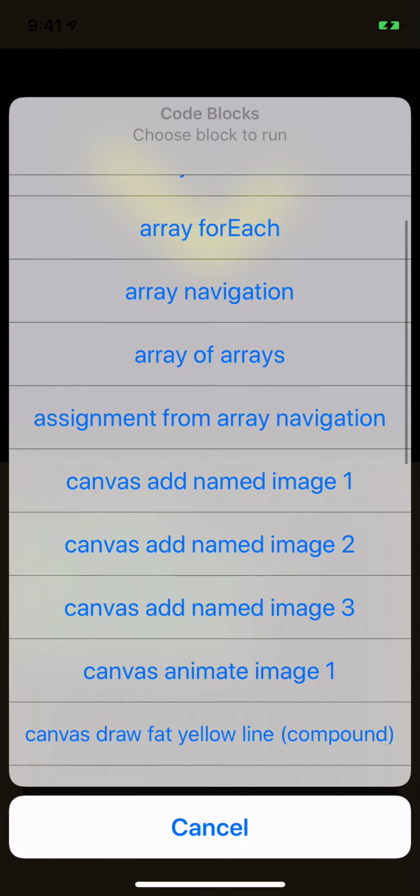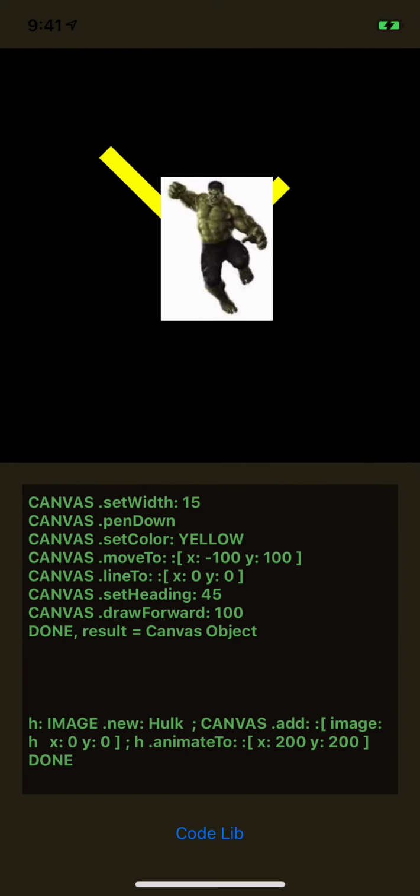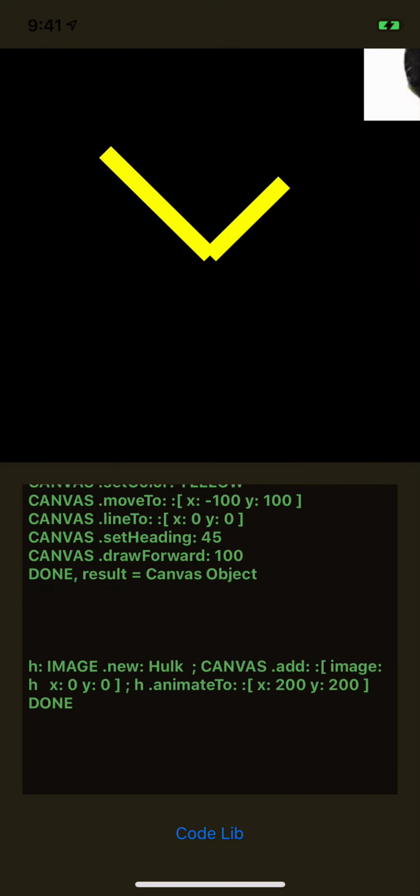We can also do a very simple animation. Here, these are just pre-made code snippets. So I'll choose a simple animation. So we got Hulk. You'll notice we created the image, right? We added the image to the canvas at a location, which happened to be the center of the screen. And then we animated it to another location. And you'll notice for simplicity, especially for beginning programmers, it is using the center of the image as the origin